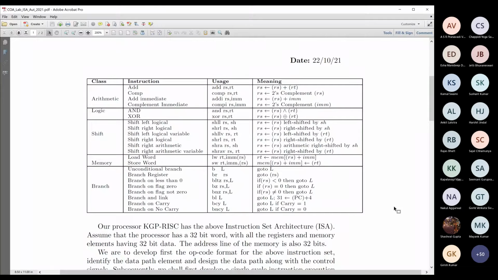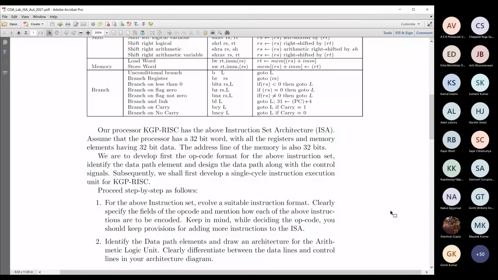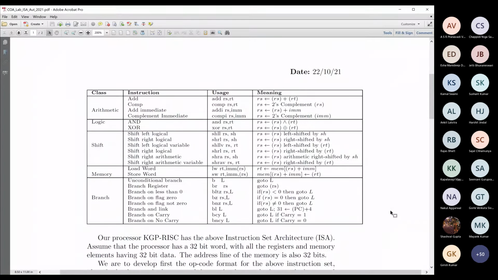It is a 32-bit word size processor. The address line of the memory is also 32 bits. How many general purpose registers you want to have is up to you.